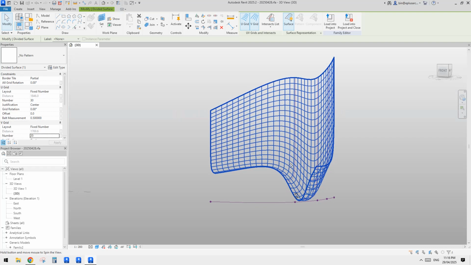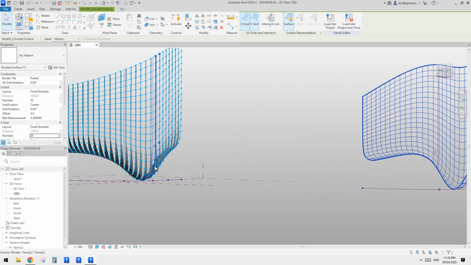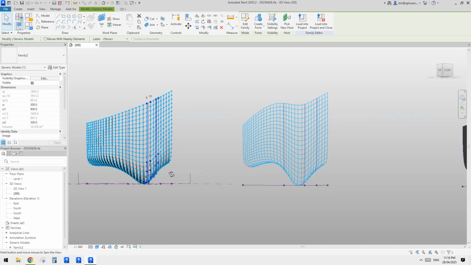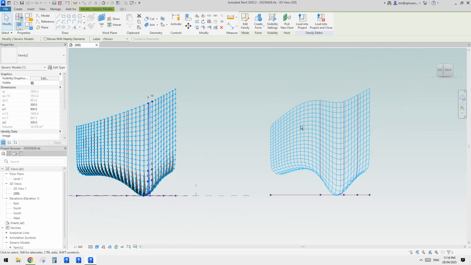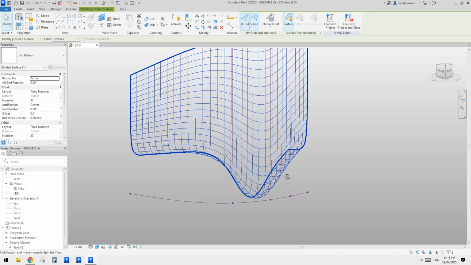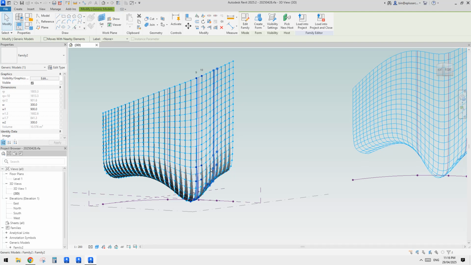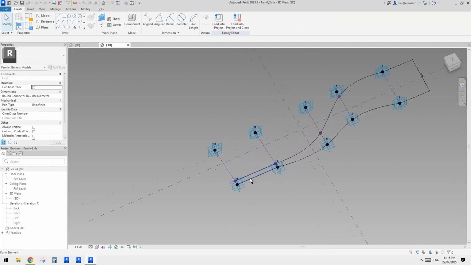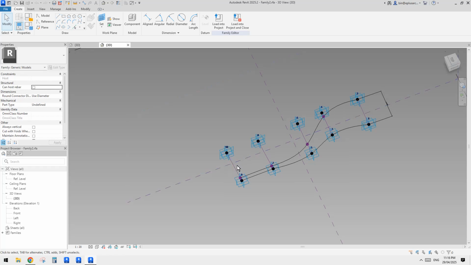So when we place that adaptive family, it's more curved, right? So now it's a very simple adaptive family. You can see here 1, 2, 3, 4, 5, 6, 7, 8, 9, 10. So I just created an adaptive family with 10 adaptive points, and then once finished, let me just edit it. Actually, maybe I should just talk about this one as well, because I added some